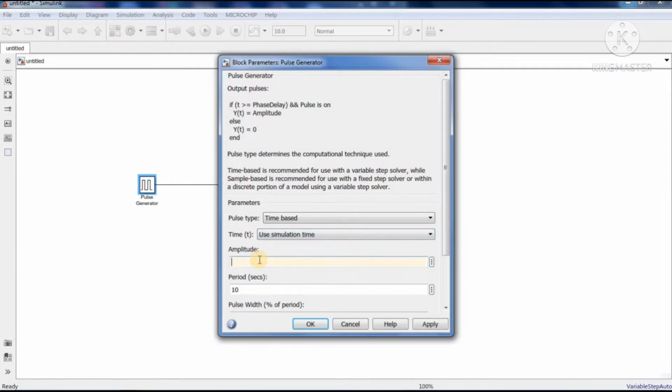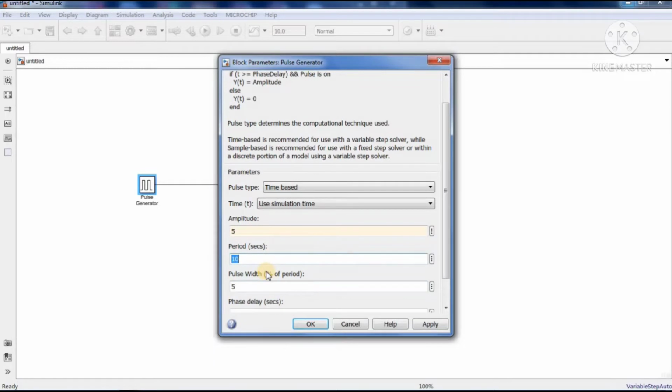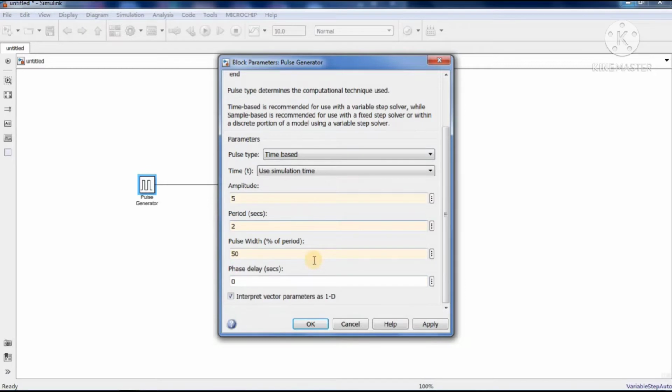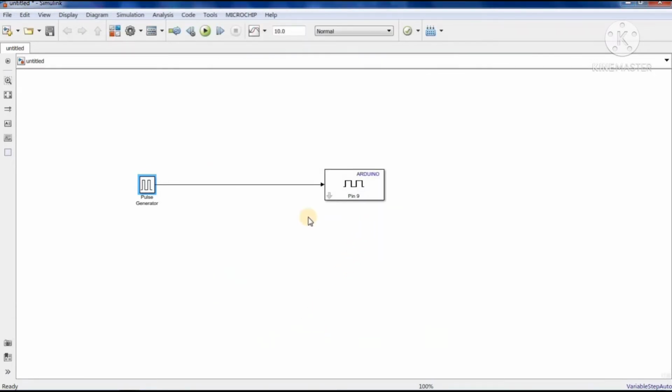I will set the amplitude as 5. Then I will put the period as 2 seconds, and the pulse width for the on and off time as 50%, a 50-50 width, and apply.